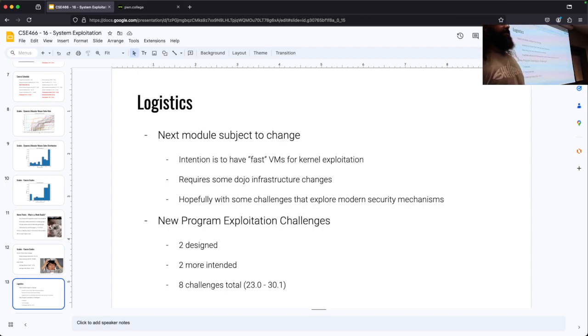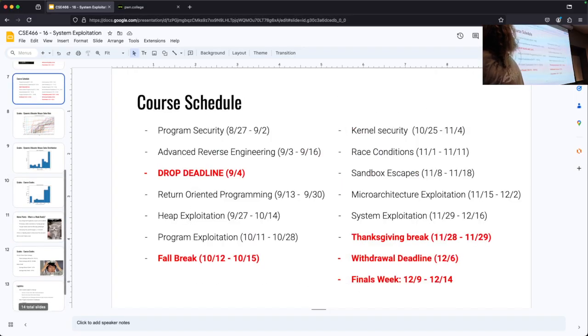If not, it'll be, I don't know, race condition or sandboxing. I could do either one. Maybe sandboxing, I like sandboxing. But yeah, all three of these, kernel, race, and sandbox, are all listed as 1 week. And there isn't a direct dependency on any of them, as far as I recall. So that means that I could flip any of them.